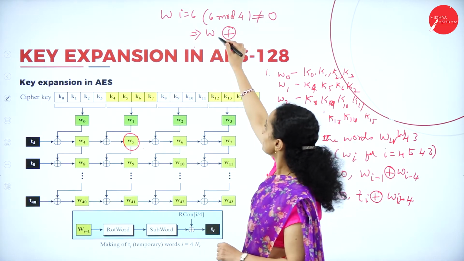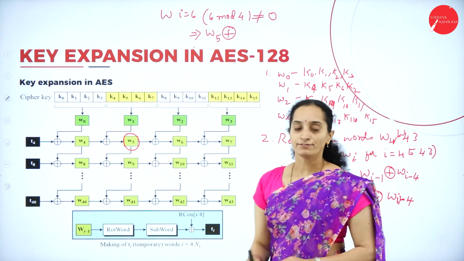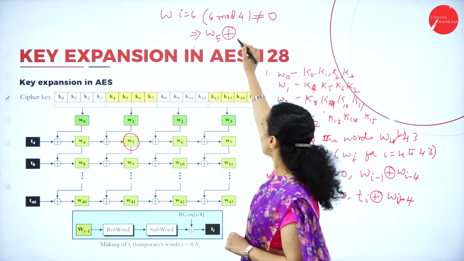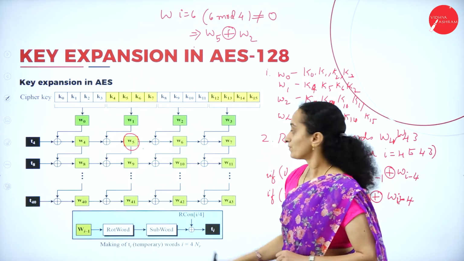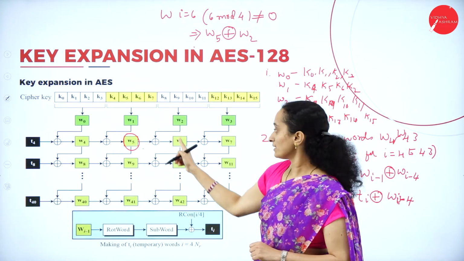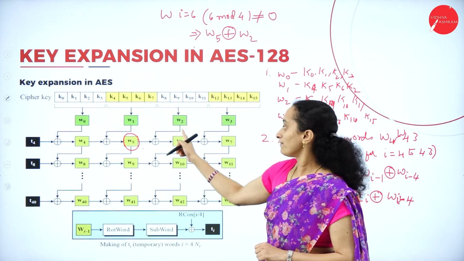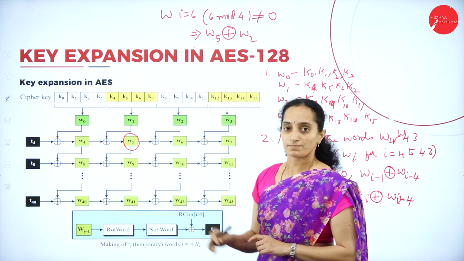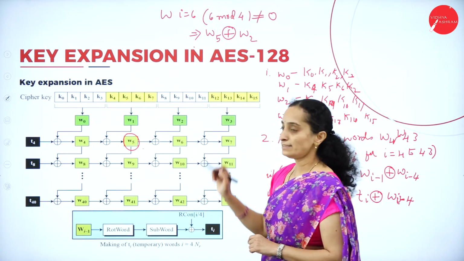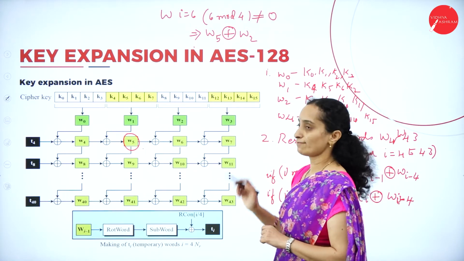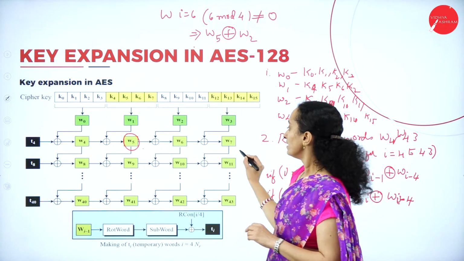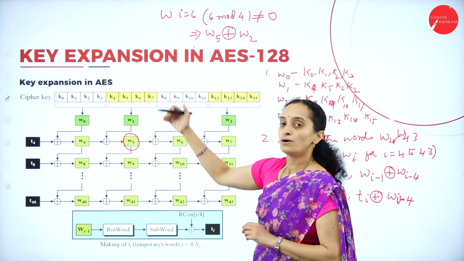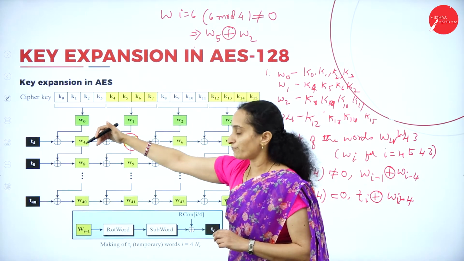I is 6, 6 minus 1, 5, XORed with Wi minus 4. That is 6 minus 4, W2. So for the word W6, input comes from the previous word and the neighboring word, from W5 and W2. So this is the same with the W somewhere. Whenever you have the modulus 4 not equal to 0, the input comes one from previous round and one from